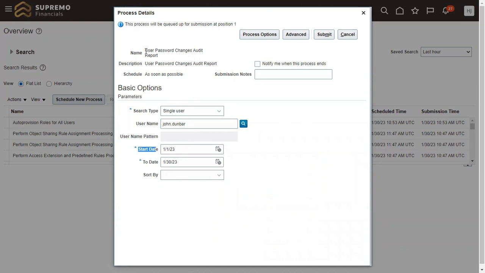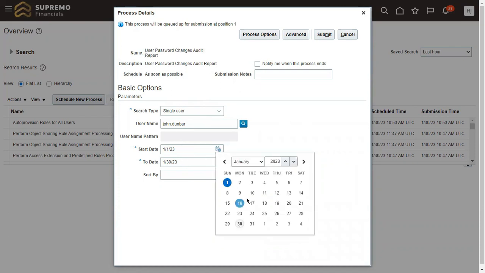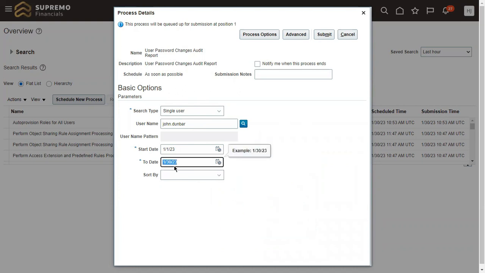Like you are running the report for the password changes audit, but the time scope you have to attach here, team, like from when to when, from January 1st to 30 I'm giving. So within this month period, whoever the concerned HR or the person updated the password to this user, they all will get resulted in that report. So you can give the time scope also within which period you want to check for this employee,